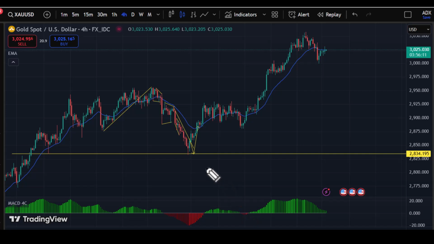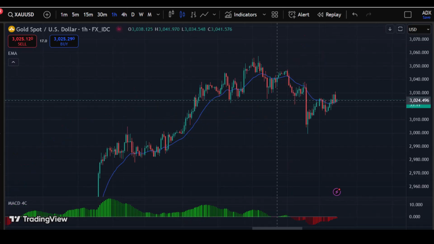So first thing we have is this impulse correction. We're expecting that once this impulse is completed, there will be one more push up. All right, so that's what we're expecting on gold. So on the 1 hour, guys, on gold 1 hour, what we have here is this impulse down,